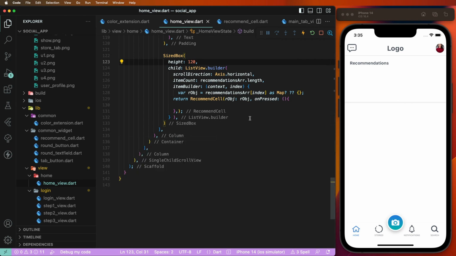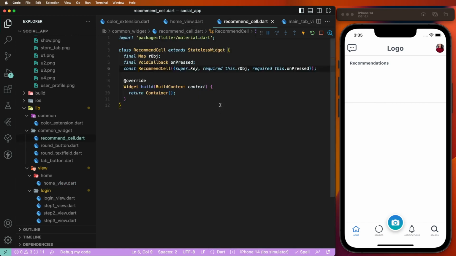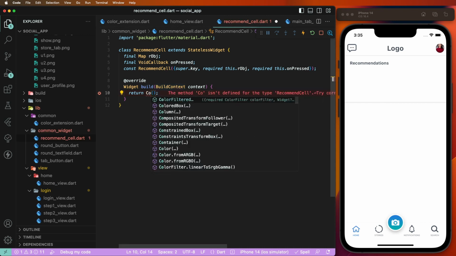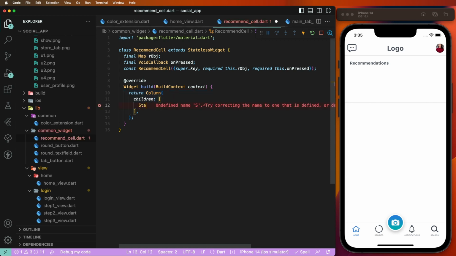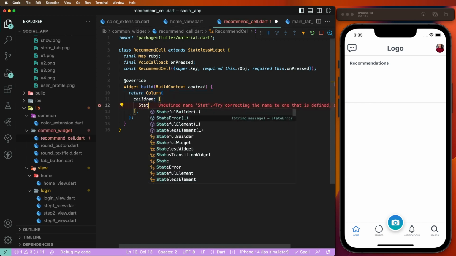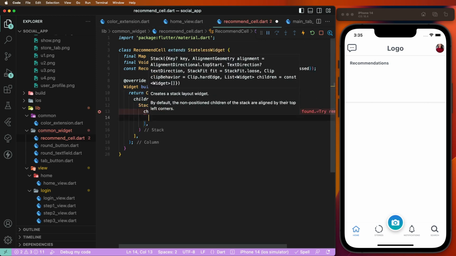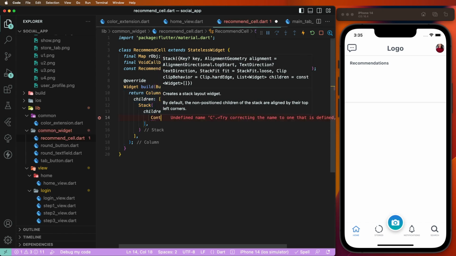Now need to close this and grow these cells. Now need to go inside the definitions. First of all, also needs the column. To create the children, need to give this. Now need to create the stack and set the children. Now need to create the containers